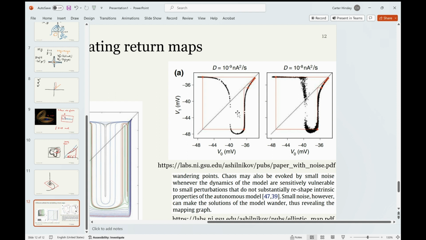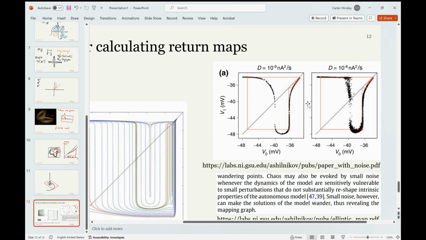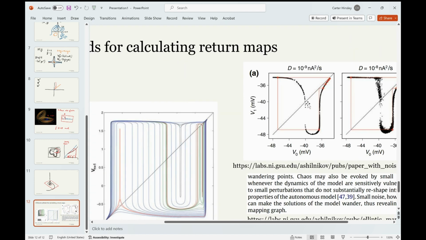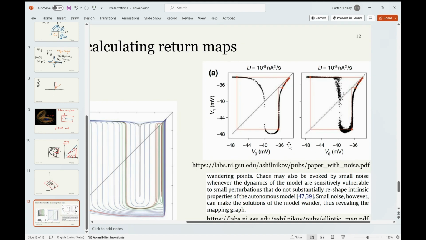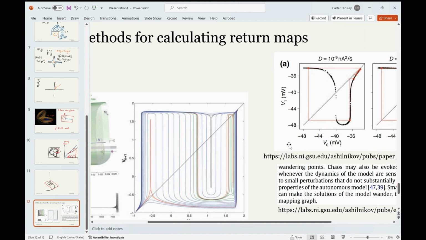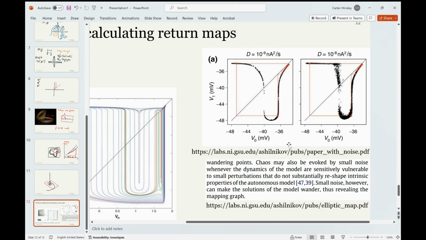And I couldn't find the best map that I've seen showing this noise technique, but sometimes you'll see it actually uncovers the entirety of it, so there won't be a gap here. But this technique is really useful because it lets you take many fewer samples than you would need to if you were doing a uniform sampling. And you can just do some kind of regression or something like that. Or you can make a pretty good guess at what the true return map ought to look like just by adding some noise